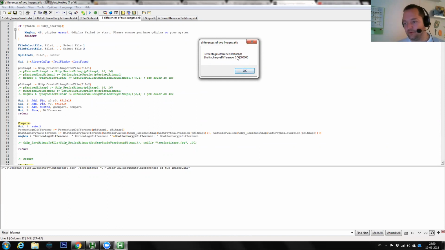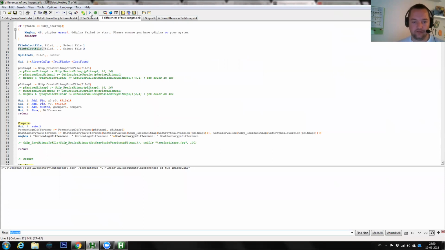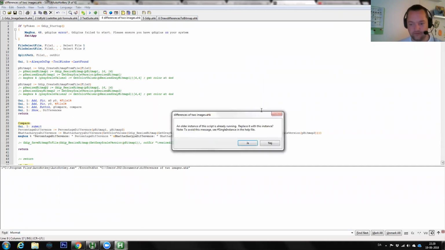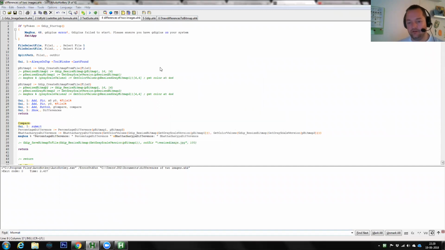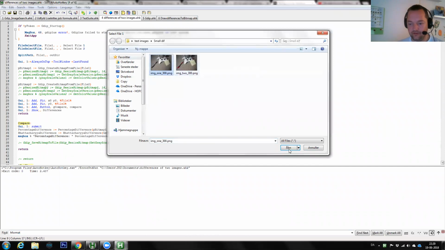Just to show you that if I compare to a similar image, I also get returned that they have no difference. Yeah, 0 difference exactly. Just to do the same task once more, I'll select these 2 images,